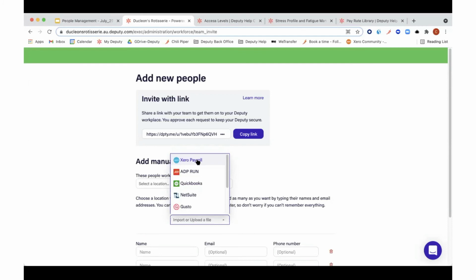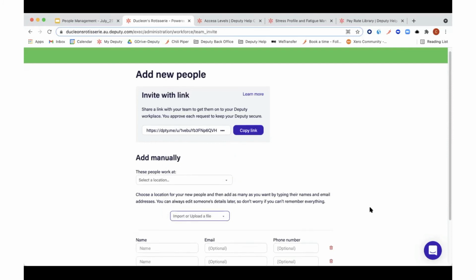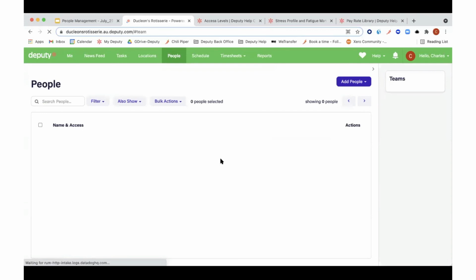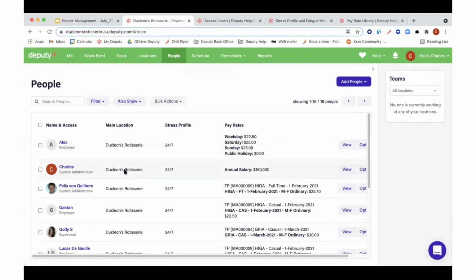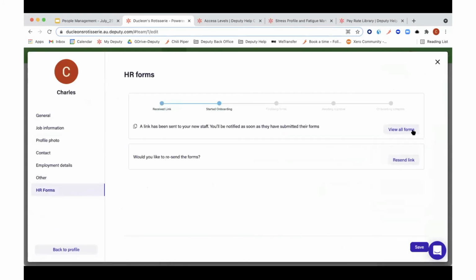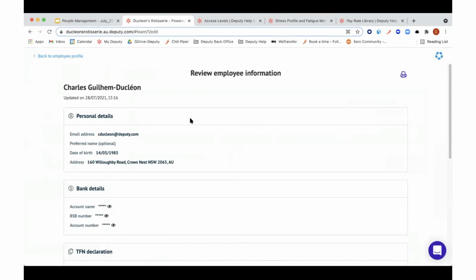And finally, one of the last things to note is if there is a mistake in one of the forms, so let's go back to the forms. And my internet is a little slow today. Apologies for that. So option, edit, review all forms. Now let's say that